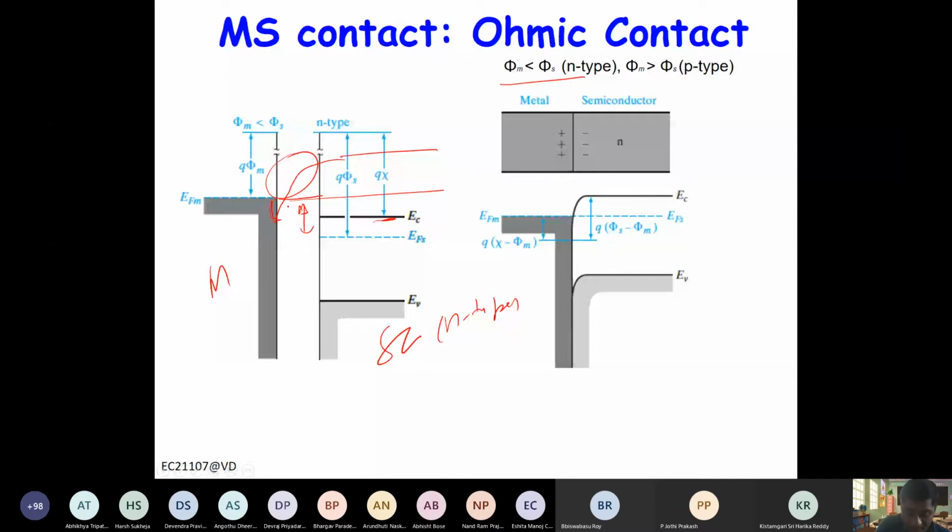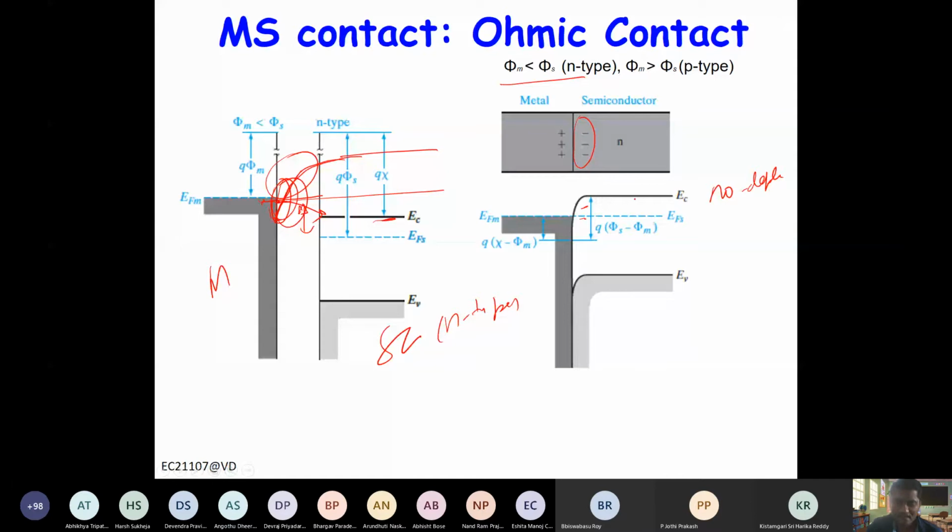And you notice one more thing here. This Fermi level is higher, so it will have the tendency to supply the electrons, right? And you notice the gap, right? This region becomes the conduction band edge close to the Fermi level, right? So here there is accumulation of which type of carriers? Electrons, right? So there is no depletion region here. Charge is provided by the majority carriers, and there is no depletion, or you can say there is accumulation.